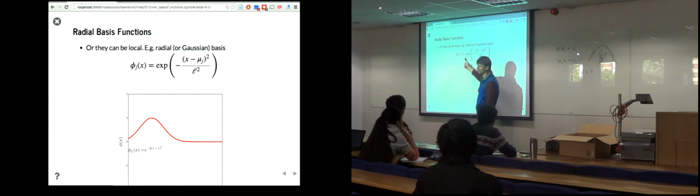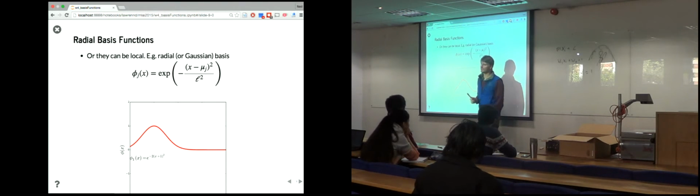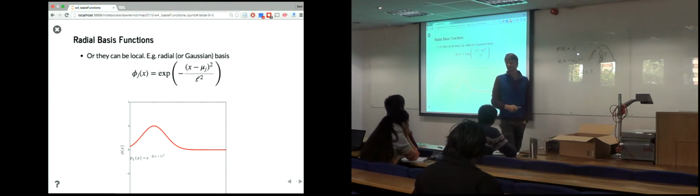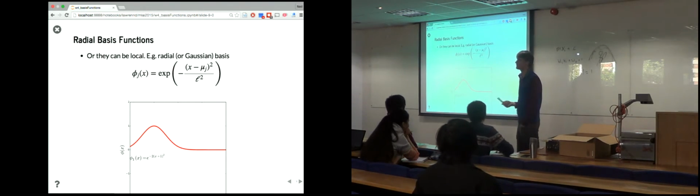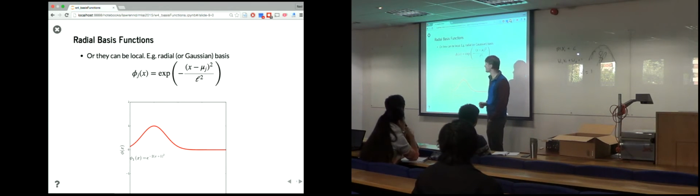I don't like the term Gaussian basis. You'll see it's called that. The reason it's called that is because it looks like a Gaussian form. It's e to the minus x minus some mean, some location parameter, we should say, squared divided by some scale parameter. But this isn't a Gaussian because it's not a density, right? So we're trying to use the term Gaussian to refer to densities. And I don't want you to get confused about the fact that this functional form is the same thing as the Gaussian density. So I'll tend to call it a radial basis,